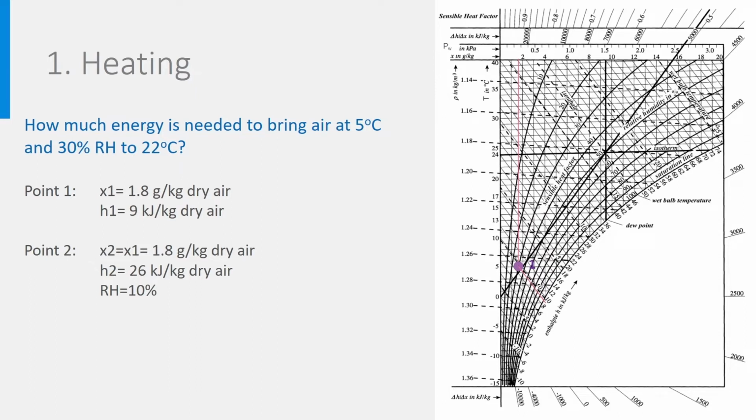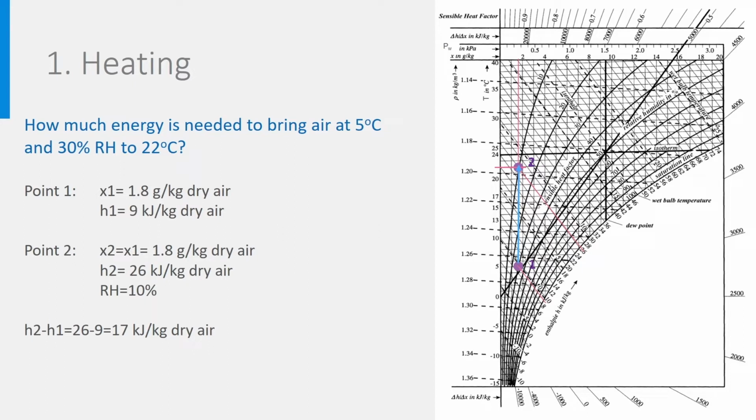We know that heating takes place along the line of constant absolute humidity because the mass of water vapor in the air cannot just disappear. So if we want to heat to 22 degrees, the final point is at the intersection of the temperature 22 and the line of absolute humidity 1.8. And the process is indicated by the blue line. At point 2, the relative humidity is 10% and the enthalpy is 26 kJ per kilogram dry air. The energy needed to heat the air is the difference in enthalpies, which is 26 minus 10 is 16 kJ